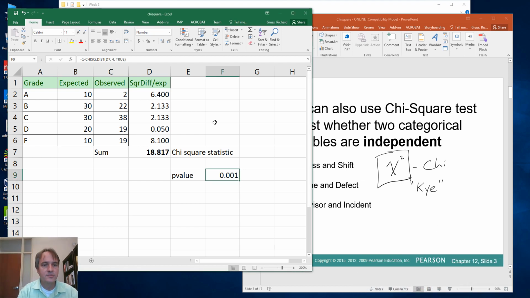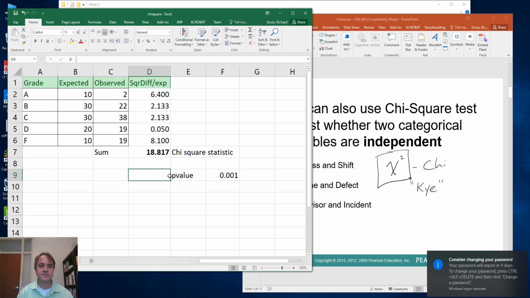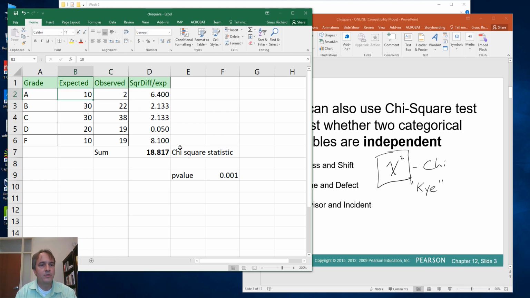So the chi-square test lets us examine whether an observed distribution follows an expected distribution. And so this is the general case. I used to have an exercise in class where we would open up bags of M&Ms, and we would be